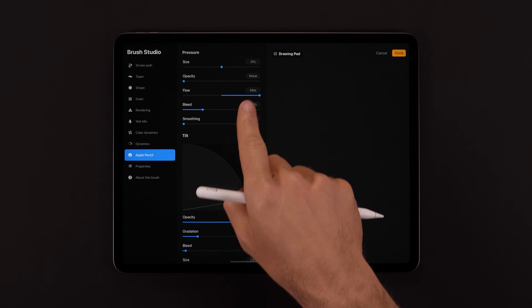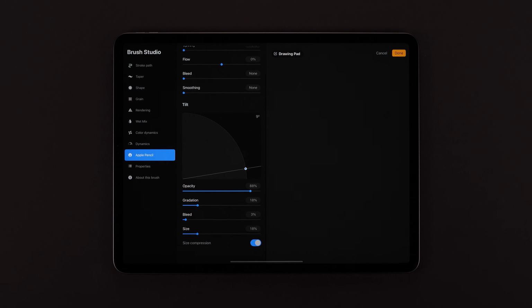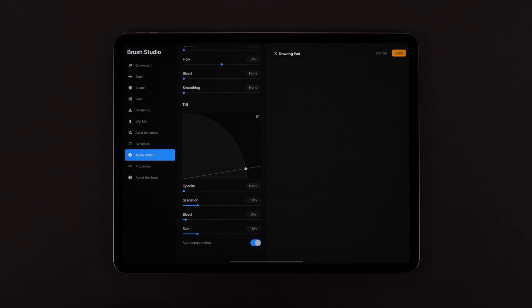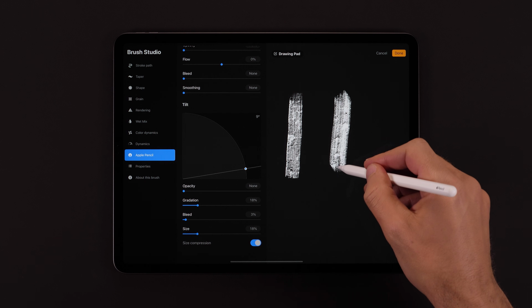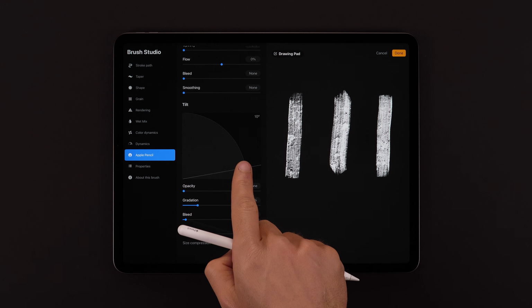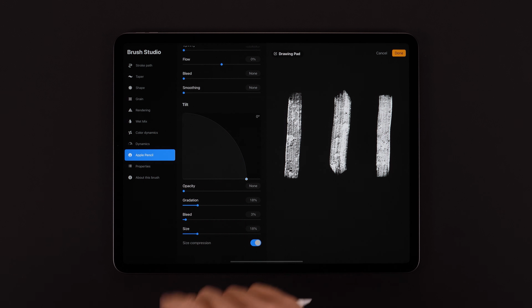Now let's get rid of these pressure settings and we'll take a look further down the list at our pencil tilt settings, at the top of which is the tilt graph. Now this determines at which angle, if at all, our brush stroke will be offset from the brush's tip. So let's draw 3 lines here, each one at an increasing angle. Then, by adjusting the graph, we can see just how slight this offset is. At most, it's about the length of the Apple Pencil's tip.